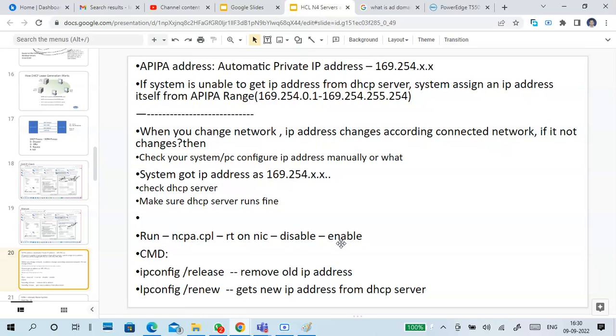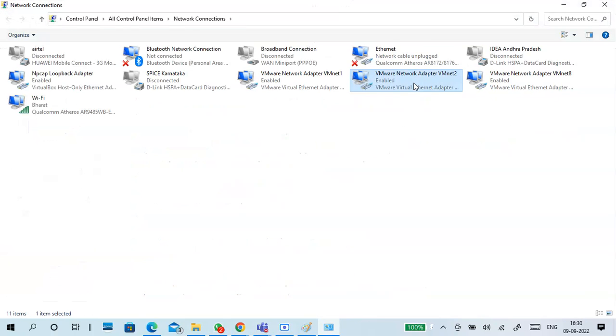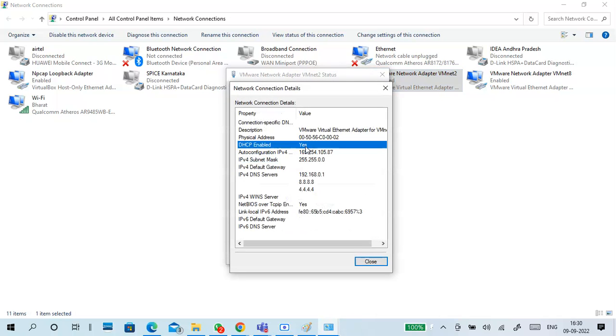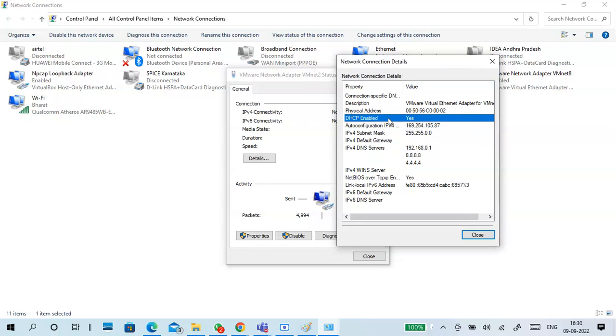Now the DHCP server has some problem. You are not able to get an IP address from the DHCP server. What will your system do? It assigns an IP address itself. It doesn't wait, it assigns an IP address itself. You can see this is DHCP enabled yes, which means I have to get an IP address from the DHCP server, but I'm not getting an IP address from the DHCP server. So what happened? My PC is getting an IP address in this auto configuration IPv4,